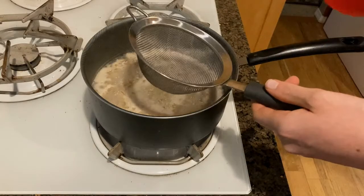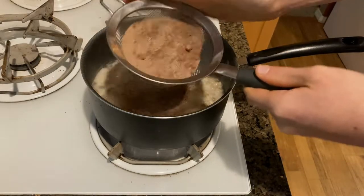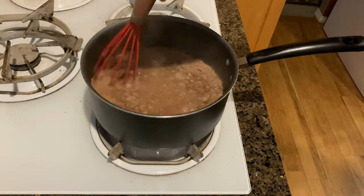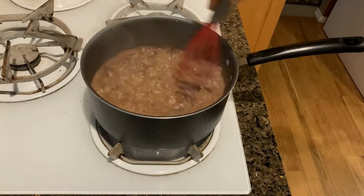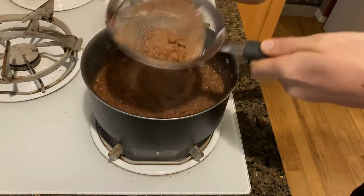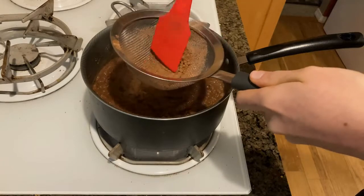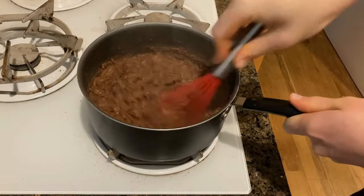Back to the oats. Add your dry ingredients to a sifter and sift it in. You don't have to do this step, you could just dump it in, but I prefer to do this because the unsweetened cocoa powder can sometimes clump up, and if you don't mix your oats well enough, you can sometimes find those clumps. So, I don't know about you, but I don't 100% like the taste of unsweetened cocoa powder. So do this in about 3 or 4 sifts and mixes, and once you get to just unsweetened cocoa powder clumps, take a spoon or a fork and break them up, and finish sifting